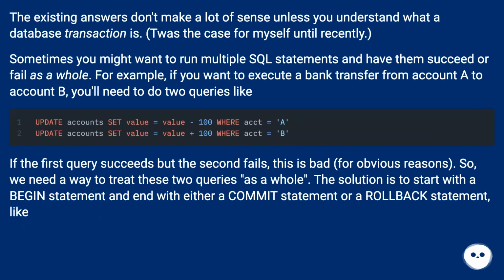The existing answers don't make a lot of sense unless you understand what a database transaction is. 'Twas the case for myself until recently. Sometimes you might want to run multiple SQL statements and have them succeed or fail as a whole. For example, if you want to execute a bank transfer from account A to account B, you'll need to do two queries like: